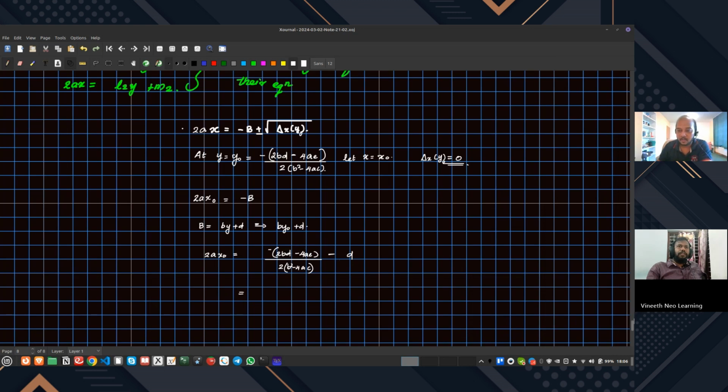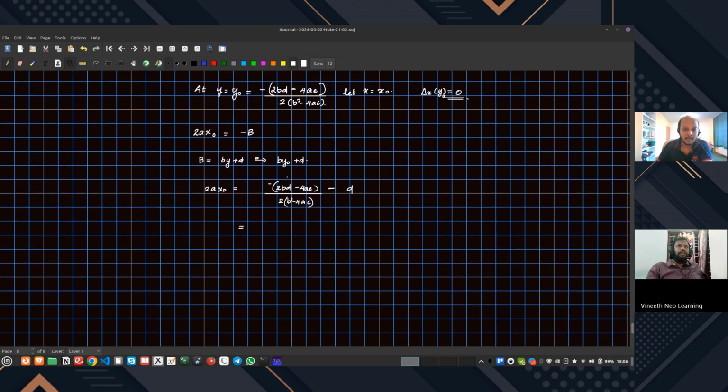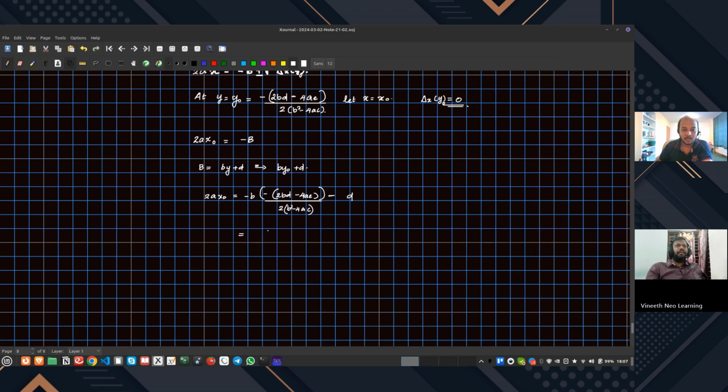Okay, so this will become, when you multiply it with d, there is a negative b here, b times negative b, isn't it? Okay, so this will become 2bd square minus 4abe divided by 2 times b square minus 4ac minus d. That is 2ax0. So x naught will be equal to,